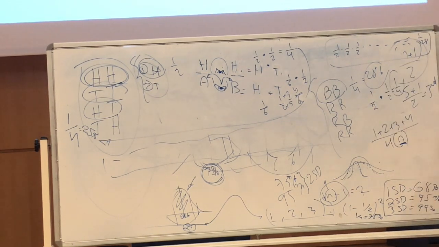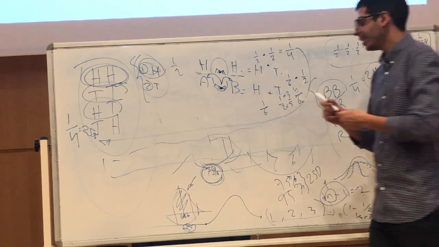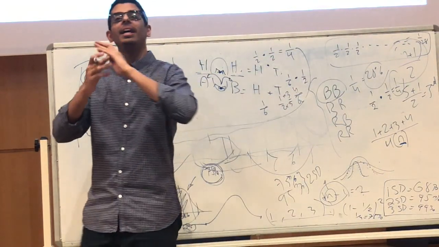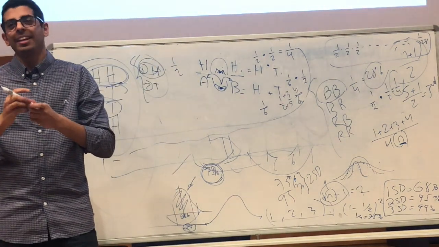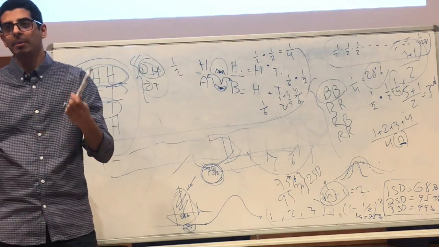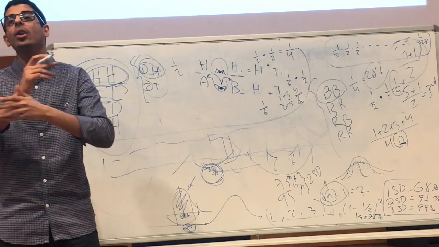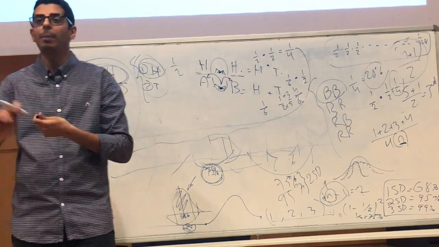What's the probability I'm going to get a sum of 7? You can't get a sum of 7 with two dice. That's the first thing, so a sum of 7. He's saying, what if you throw two dice and you get a sum of 7? So I want you guys to name me all the sums of 7 that could be possible in a sample